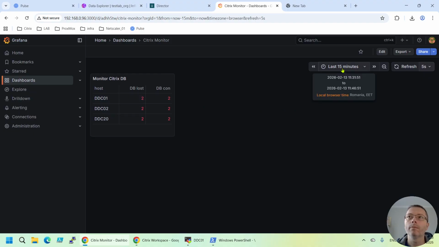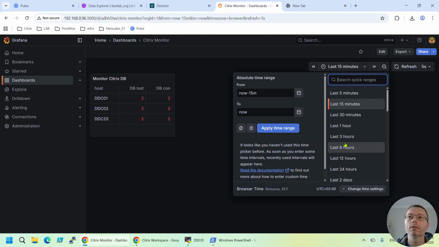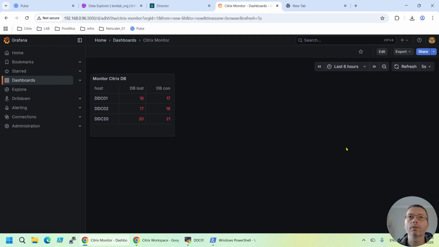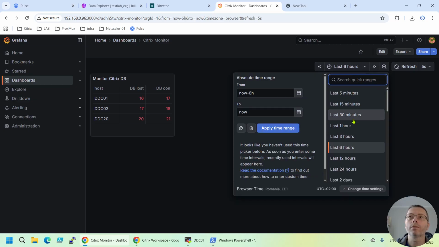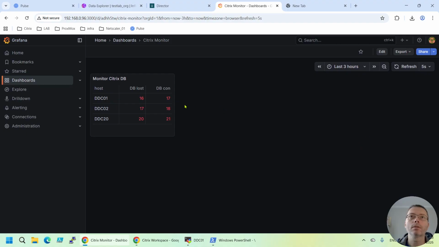grow. I've done a few tests a couple of hours ago, and if I go here for 6 hours, you can see that I have recorded all the connections and reconnections, connection lost and reconnection. So this is very good monitoring, because, for example, when you start your shift in the morning and you put your filter on, I don't know, last 3 hours, and you see something like this, then you need to immediately